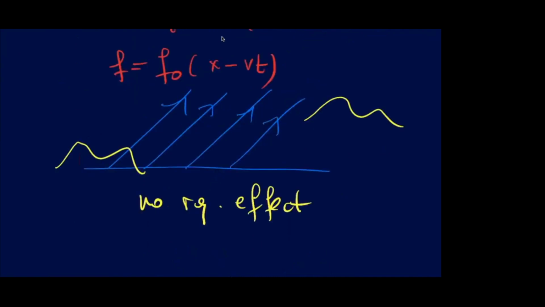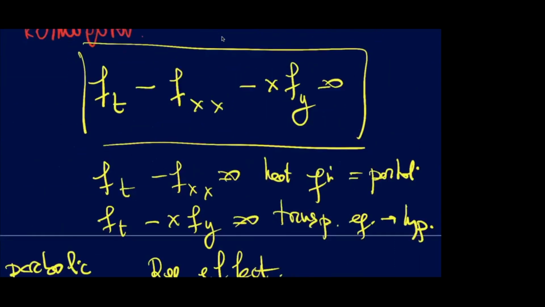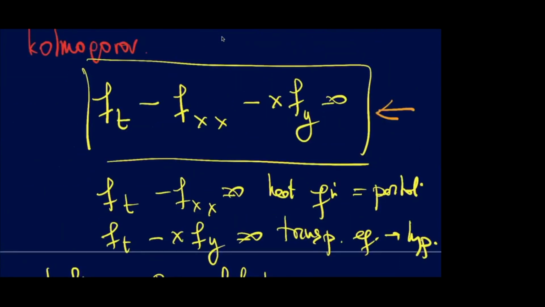But here there is no regularizing effect, simply because the profiles of the solution remain the same. If you give me, rather than this smooth profile, a jump function, a characteristic function, the characteristic function is transported as a characteristic function. If you give me a Dirac delta, the Dirac delta is transported somewhere else, but it is transported as a Dirac delta. So when Kolmogorov looked at this model, this Kolmogorov or Fokker-Planck equation, he said, well, this is kind of a mix of parabolic